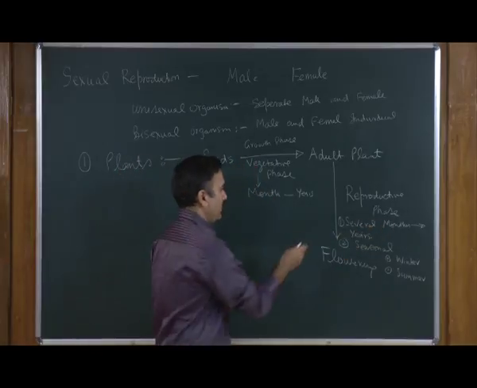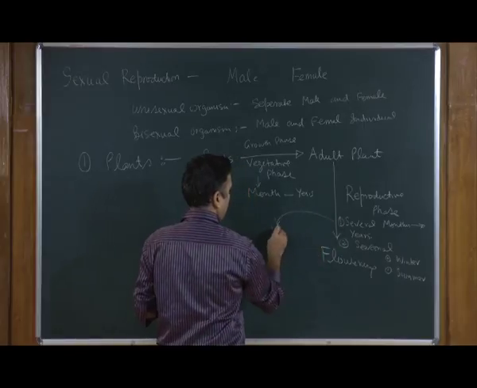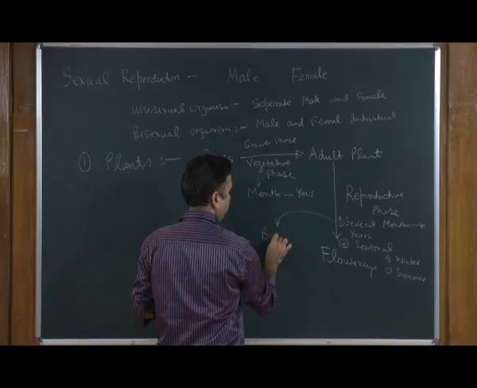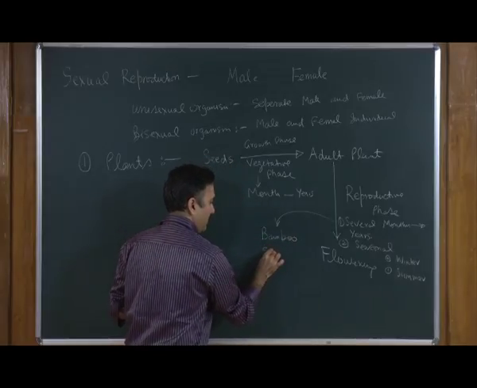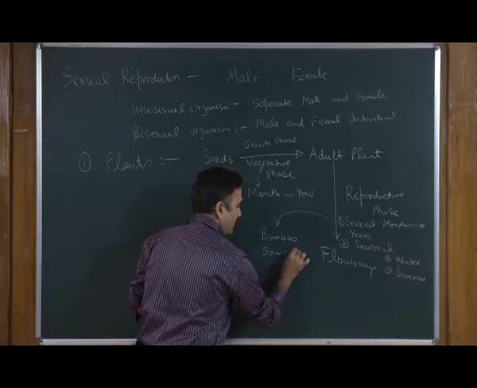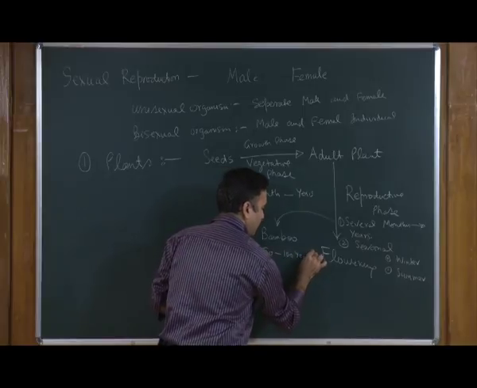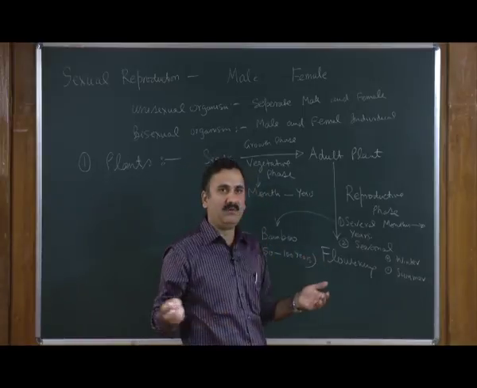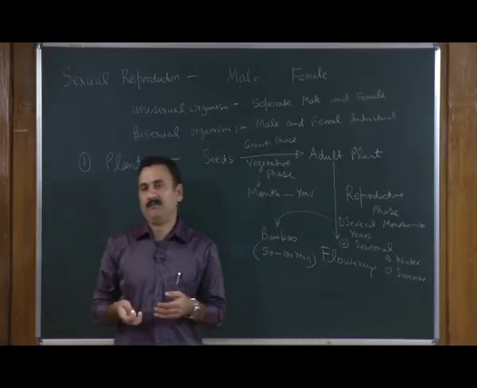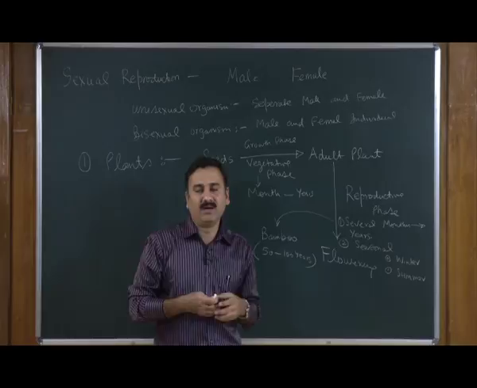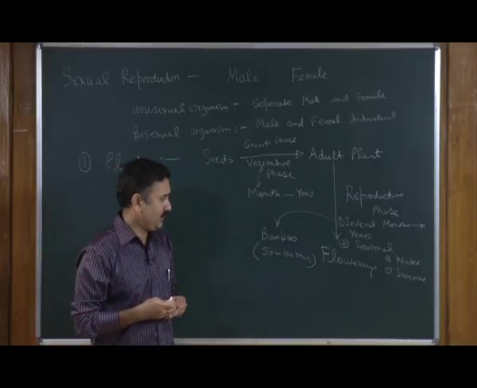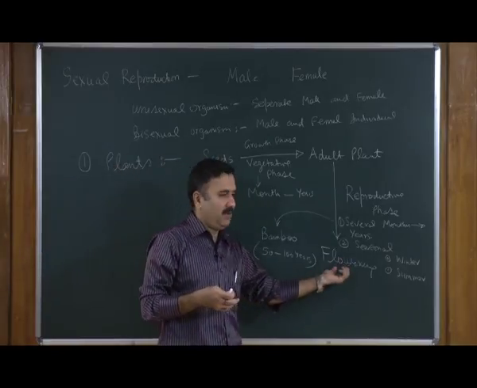Whereas, in some cases the reproductive phase occurs only after several years. For example, the classical example in this case is the bamboo tree. The bamboo actually flowers every 50 to 100 years, and it happens only once in the lifetime of the bamboo plant. So that is why the reproductive phase is almost 50 to 100 years long. And so that is for the plant.